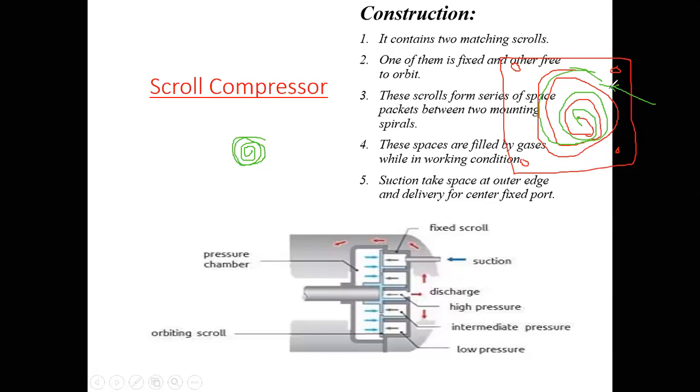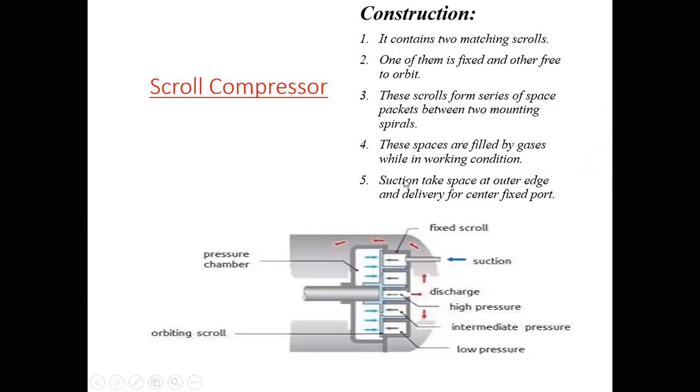Air comes in from this side, flows radially inward, and then goes axially outward. This is how a scroll type compressor works. It is a very important type of compressor, because earlier in refrigeration systems hermetically sealed compressors were used, but they have lesser efficiency. To replace those, scroll compressors are nowadays used in industry.